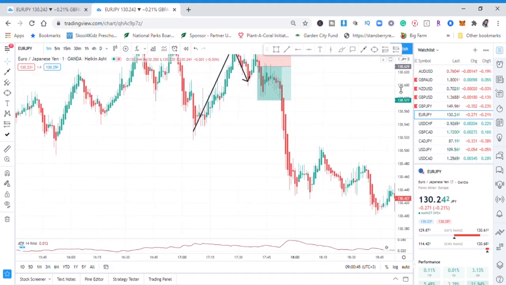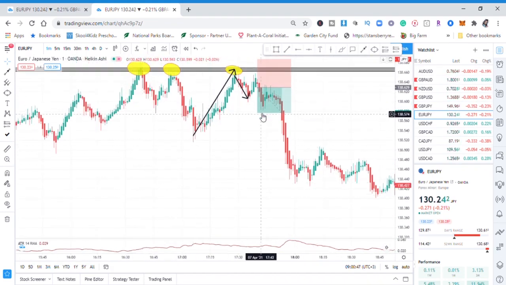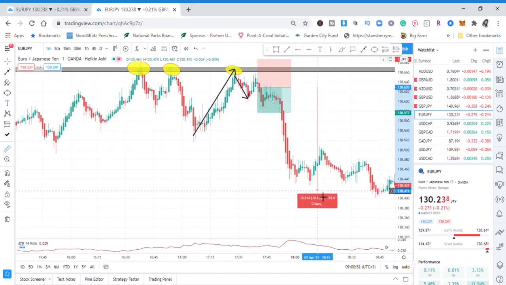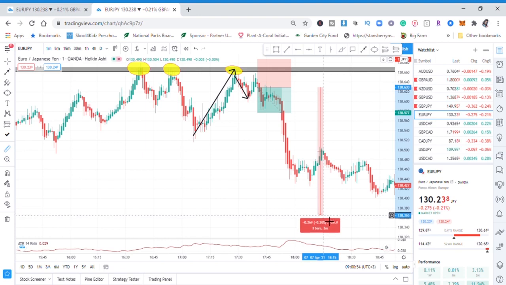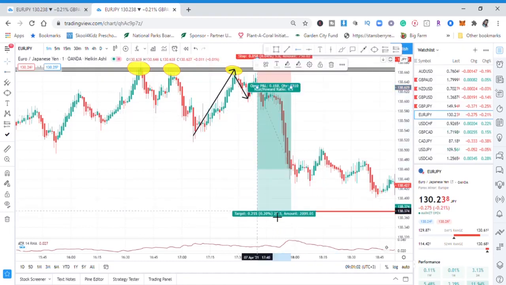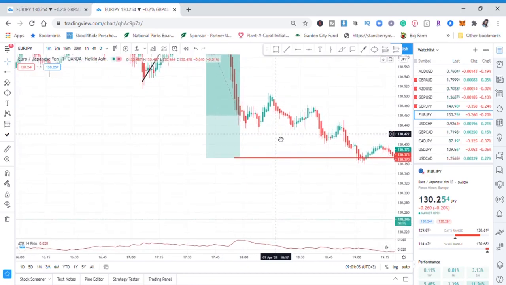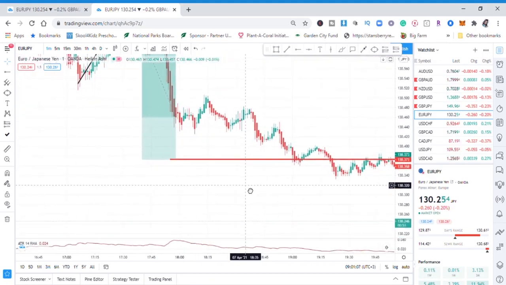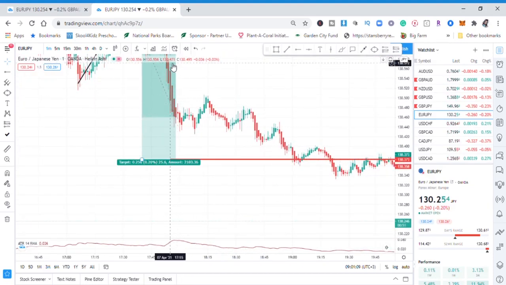And then remember, guys, we are targeting how many pips? 25 pips. So let me see how many 25 pips is up to where. So 25 pips is up to that place. So when you're scalping, you just target 25 pips. That's our target. So I don't know if we could have hit our target. Yes, because